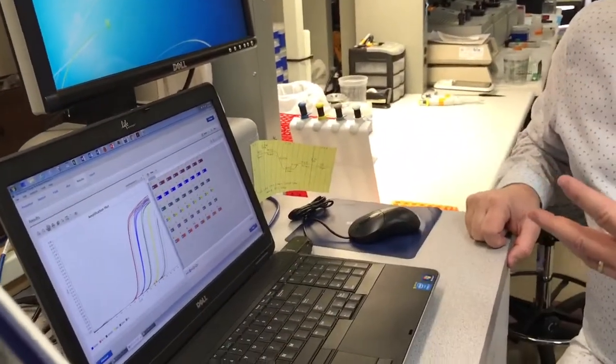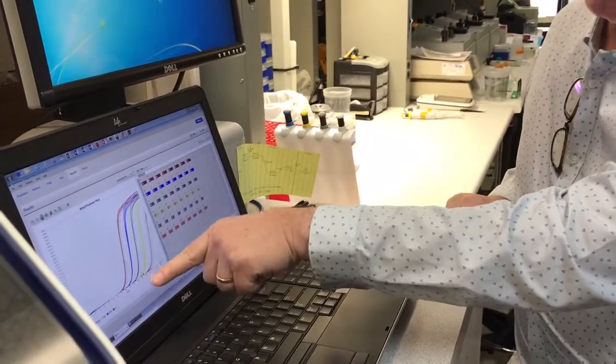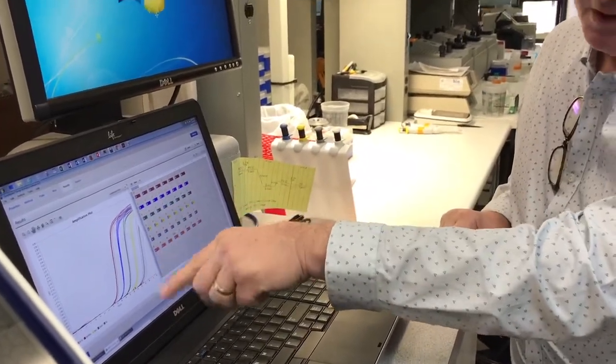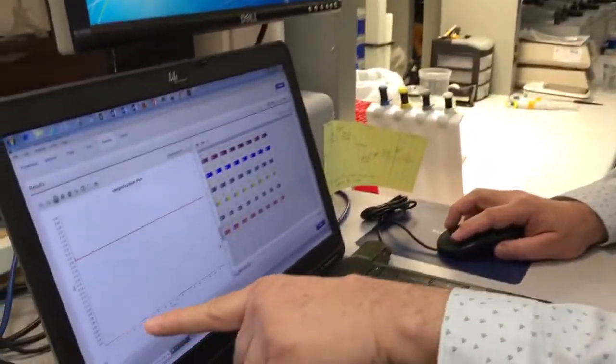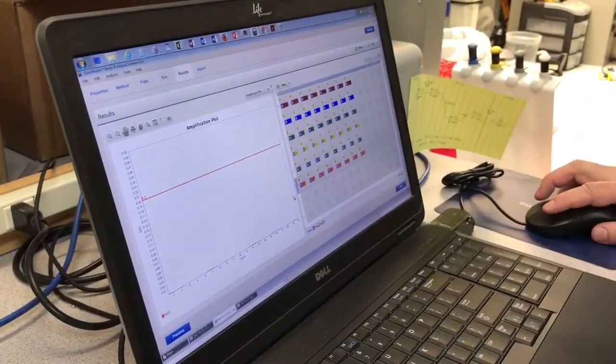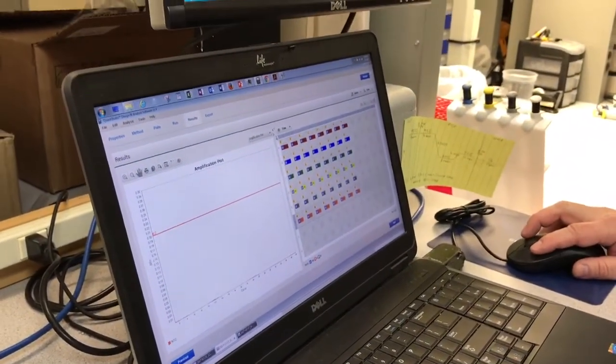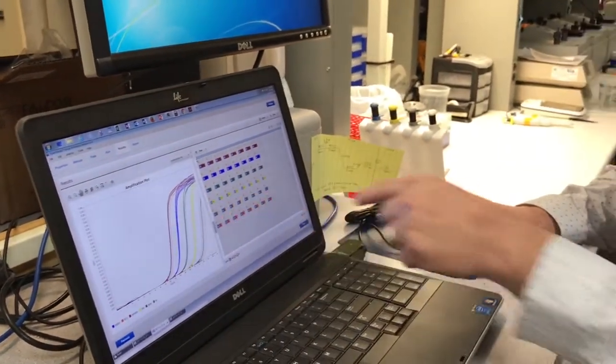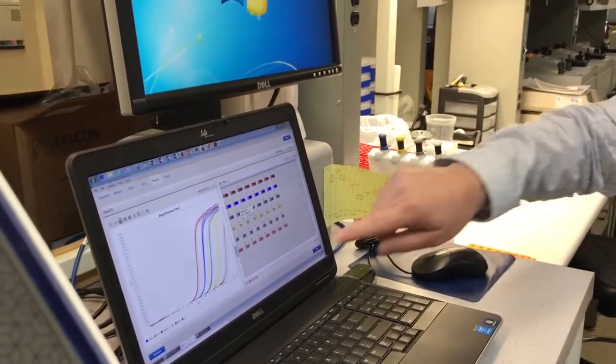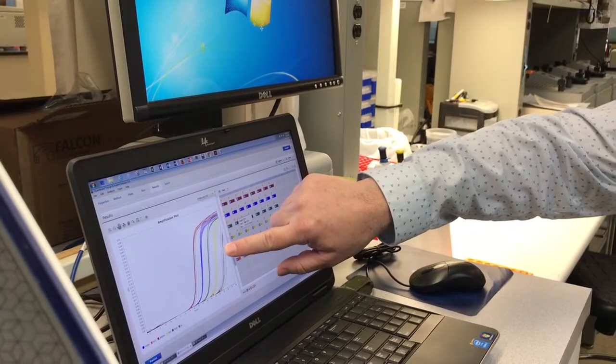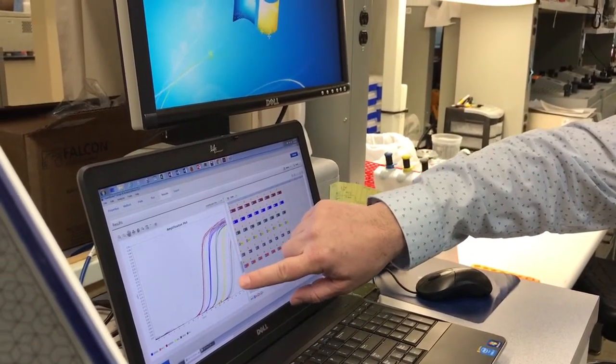Whenever this happens, if it happens earlier, there was more in there to begin with. If this happens later, this curve, and again, the negative curve is this. That little blip is when there's nothing, there's no virus in here. The rest of the stuff is when there is virus in there. So 5 copies of virus down here is when